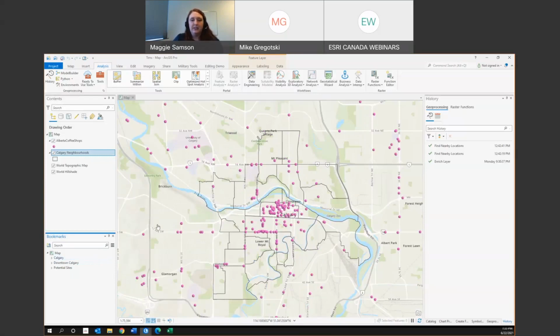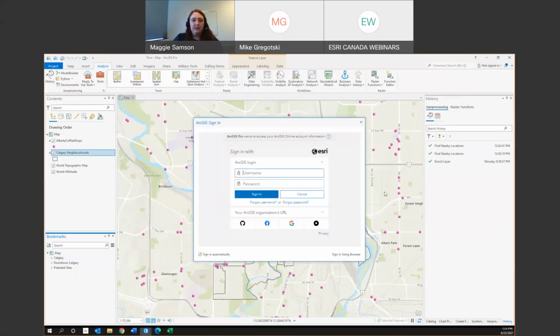I've got my points in there, so I'm going to sign into ArcGIS Online from ArcGIS Pro to do that. I can open that up, and you can see your regular sign in dialog box, but in 2.8, we also have this option at the bottom to sign in using the browser. This option is available because ArcGIS Pro 2.8 is going to use the version of Chromium that's most recently available when the product is released. So Chromium can update before ArcGIS Pro might release an update, and those versions might not match. For security reasons, some organizations prefer to have the most recent version available, and using this is going to go